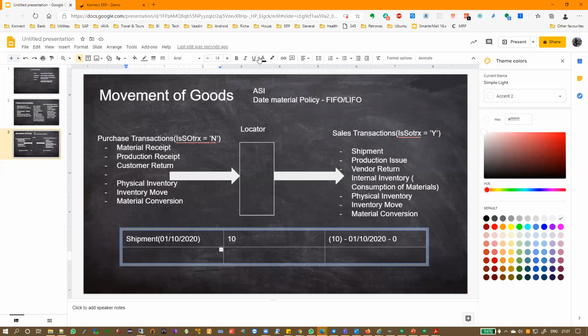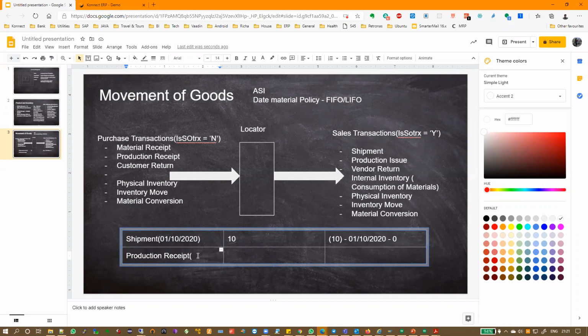Now I come here, I do a production receipt. And the policy is set to last in, first out.